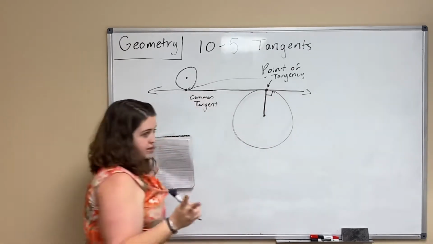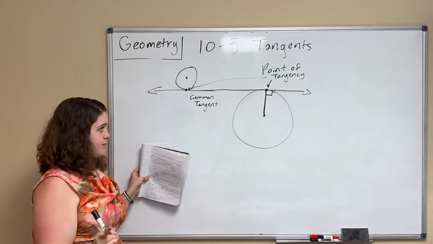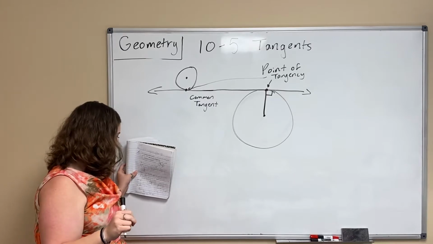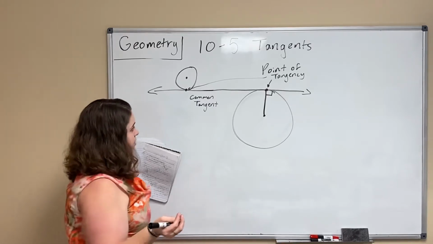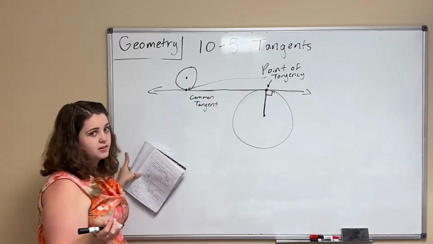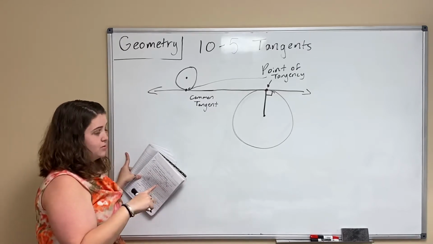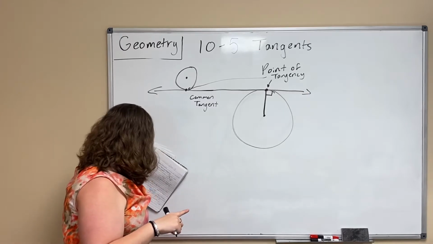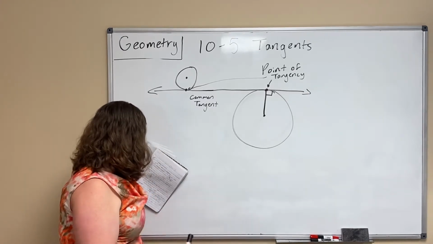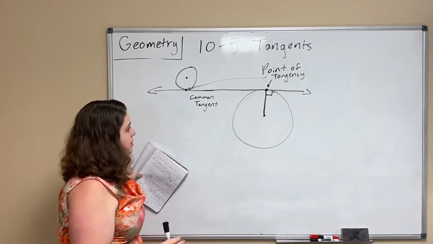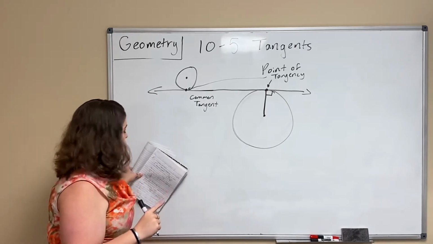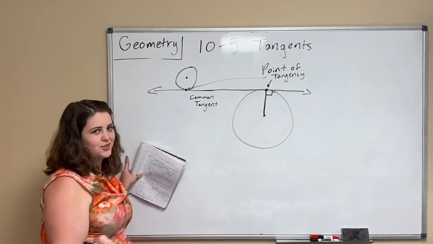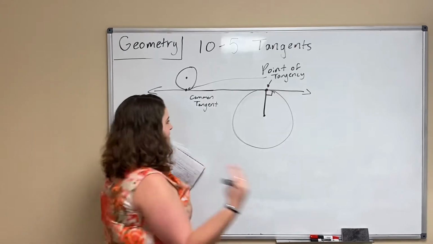There are two different things that we can do with that information. First of all, you'll see problems where they give you the radius, and we have to figure out whether or not that's a right angle, or they'll give you the tangent and you'll know that it's a right angle, so you have to find the radius. Okay, so first things first,